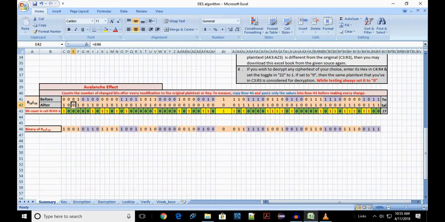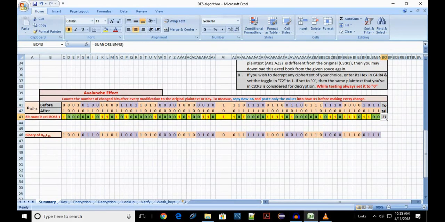The total number of bits changed is available in cell BO43 of row 43. We see 27 bits have changed. We have made a change of 1 bit and find that 27 bits have changed in the output. This is the way to measure the avalanche effect.